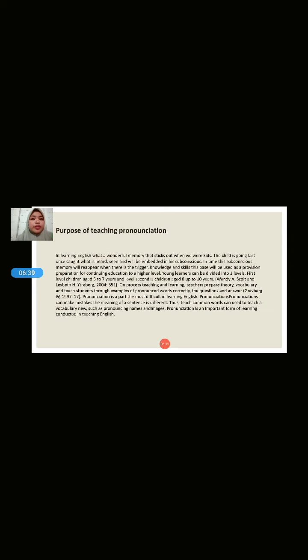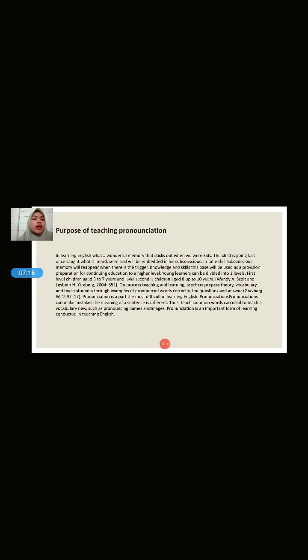Purpose of teaching pronunciation. In learning English, what we learned as kids is a wonderful memory that sticks out. A child learns fast; once he catches what is heard and seen, it will be embedded in his subconscious. In time, the subconscious memory will reappear when there is a trigger. Knowledge and skills will be used as preparation for continuing education to a higher